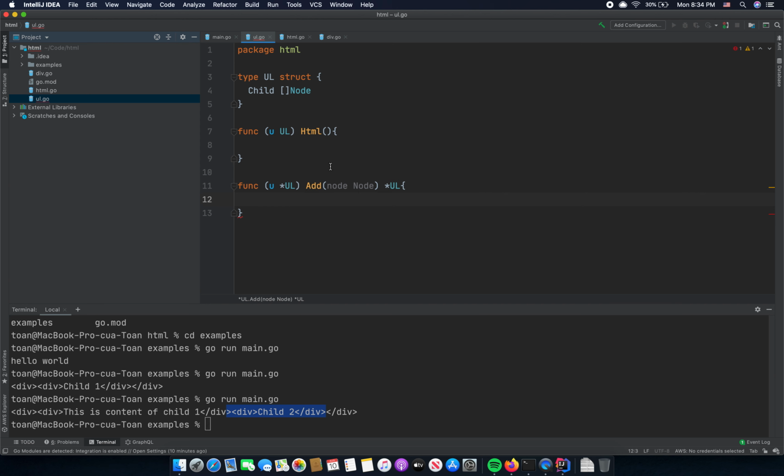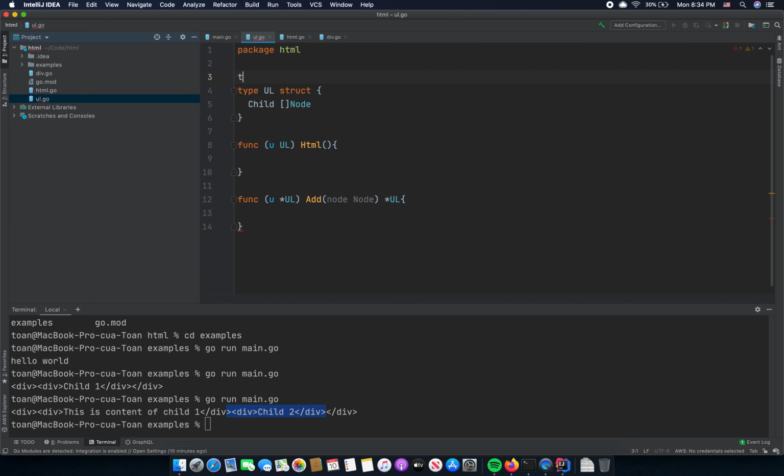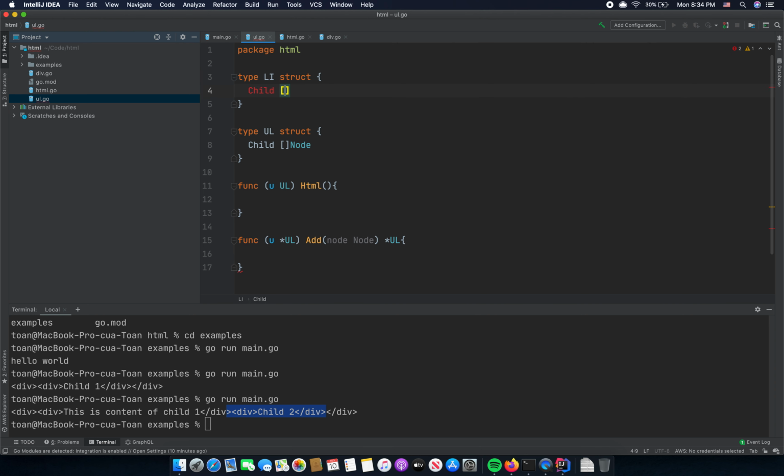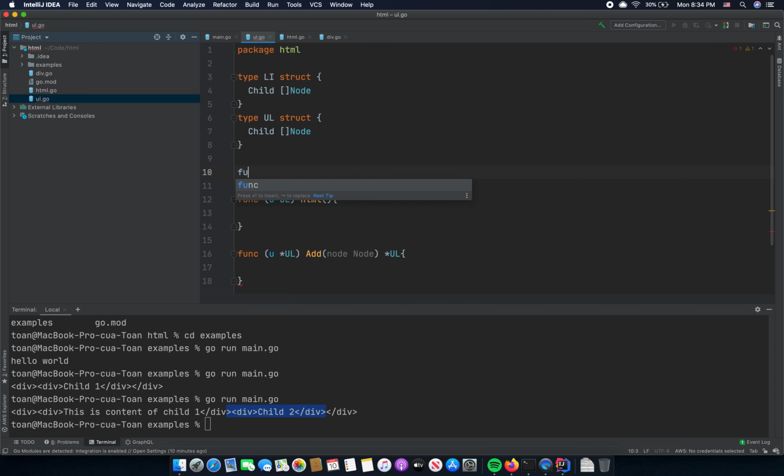Okay, so in URL, I think, and we have a child as well. Yes, and we're going to implement the function HTML,